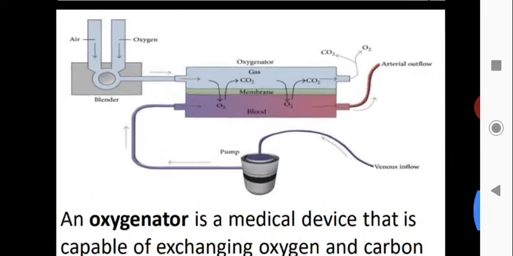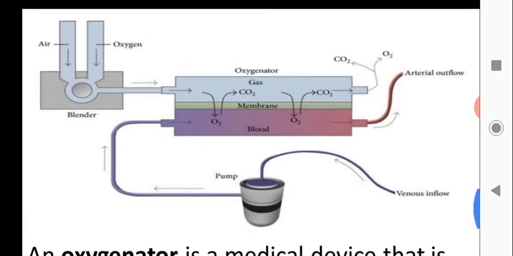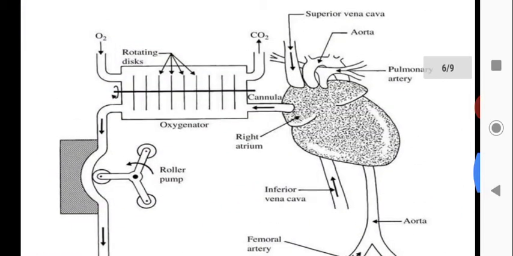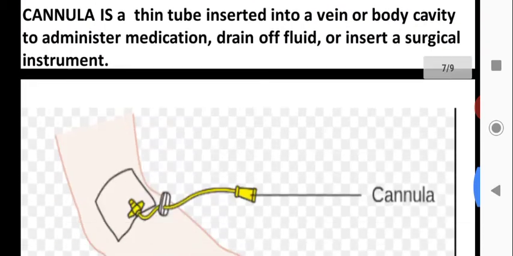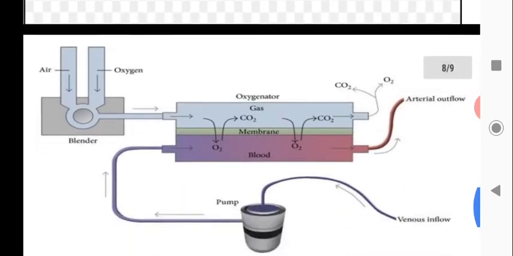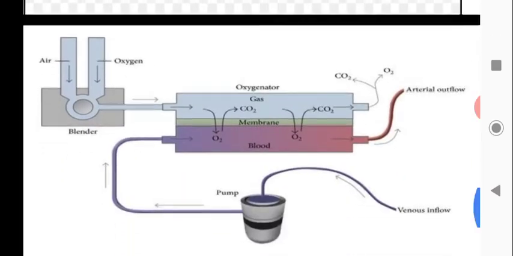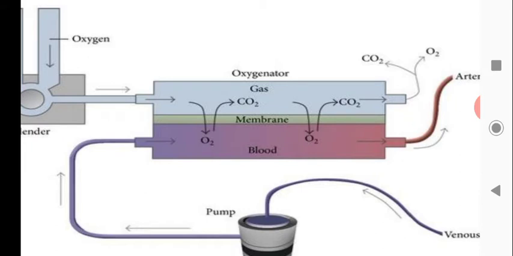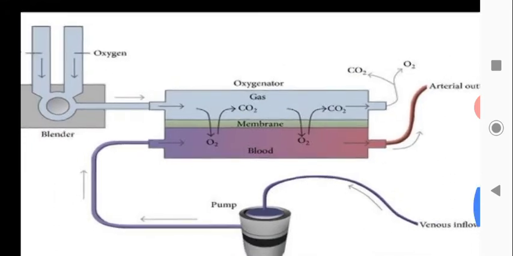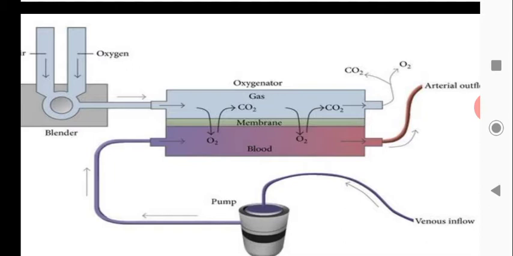Next we see how the oxygenator works. See, there we are having a rotating disc here. In the oxygenator we are having a rotating disc. Either we can perform the oxygenation with a rotating disc or through a semi-permeable membrane. The semi-permeable membrane is easy to understand: oxygen will be passed through the semi-permeable membrane. It will mix with the blood, and the carbon dioxide from the blood will pass through the semi-permeable membrane to the gas chamber at the top, and it will pass to the outside.